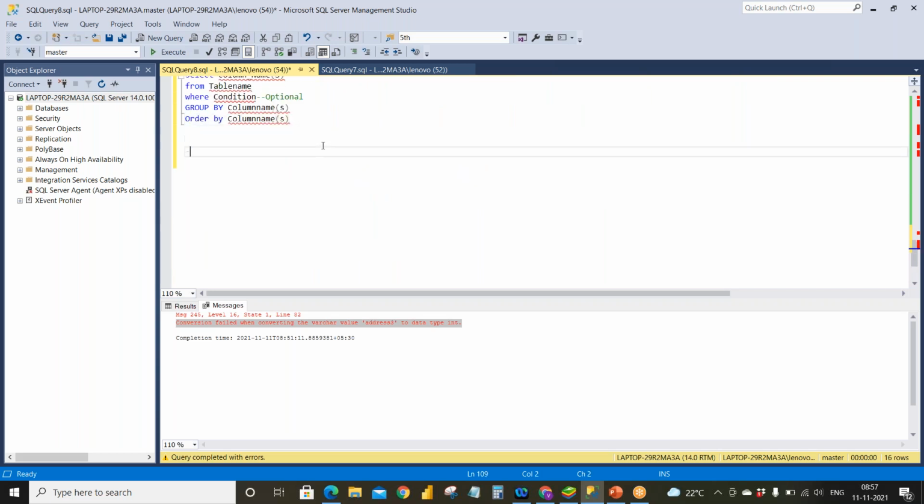So we'll see an example. I want to know the number of persons in each city in the persons table.